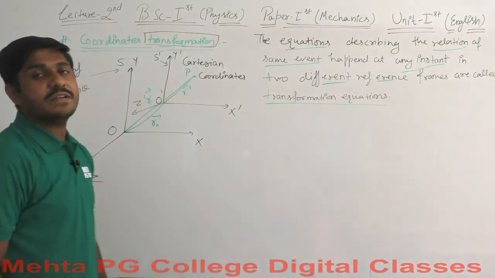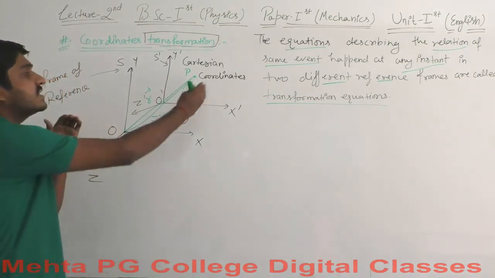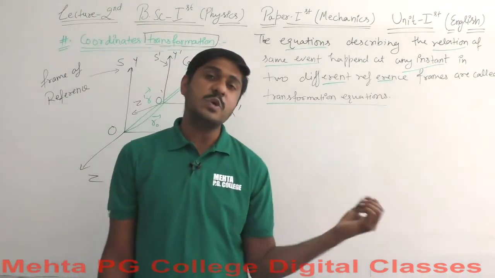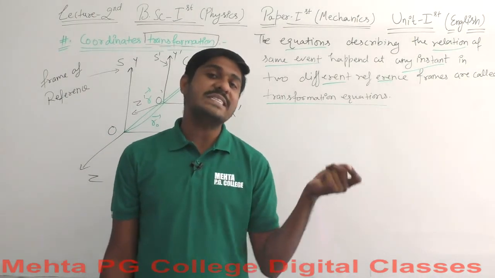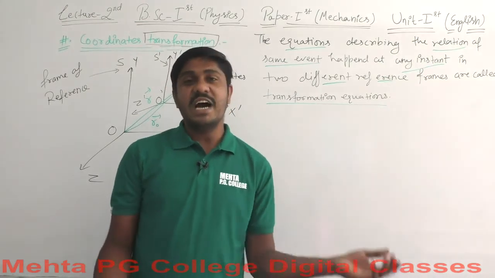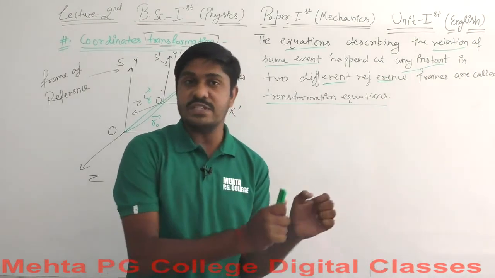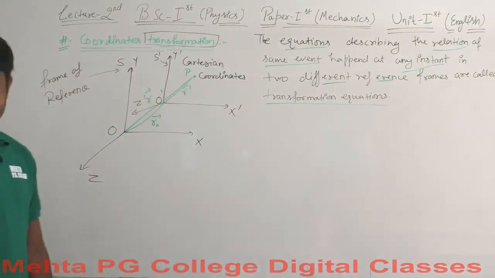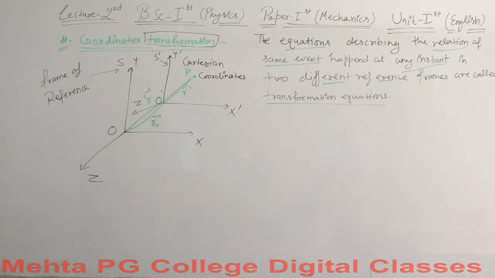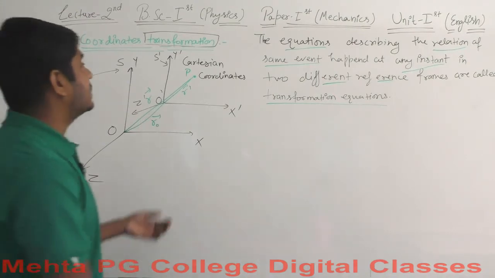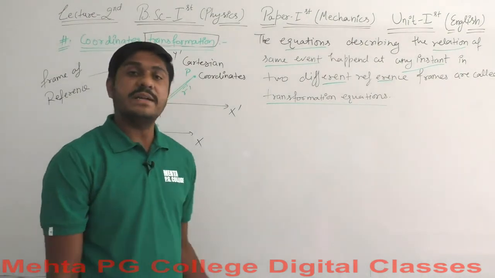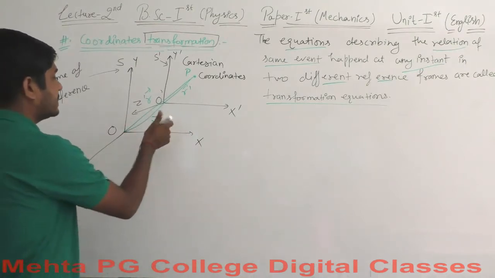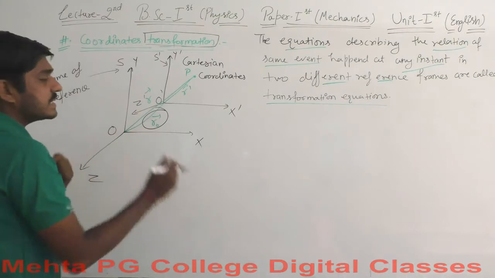When we give a relation between these two frames, this is called the coordinate transformation, and those equations which describe these transformations are called the transformation equations. So let's find out for this particular example the transformation equation for reference frames involving translations. These two frames involve translations because they have a distance from each other, a particular distance r naught.